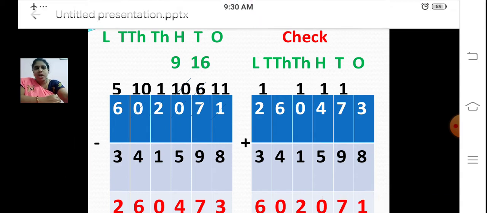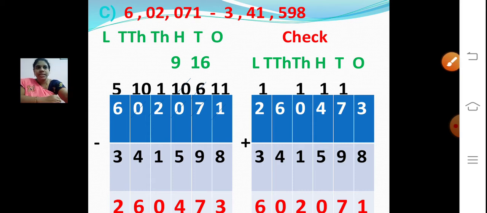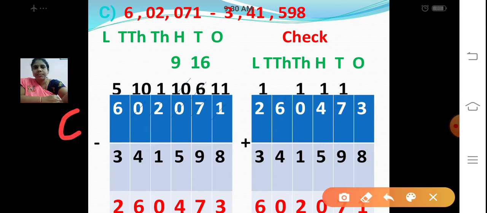Now let's move on to the tens place. What number are you having in the tens place? See and tell me. 6. Very good. I am having number 6, 6 tens, right? Can you subtract 6 minus 9? 6 tens minus 9 tens? That is also not possible. So what should I do now? I have to borrow 1. Can you borrow from 0? No. So what do I have to do?